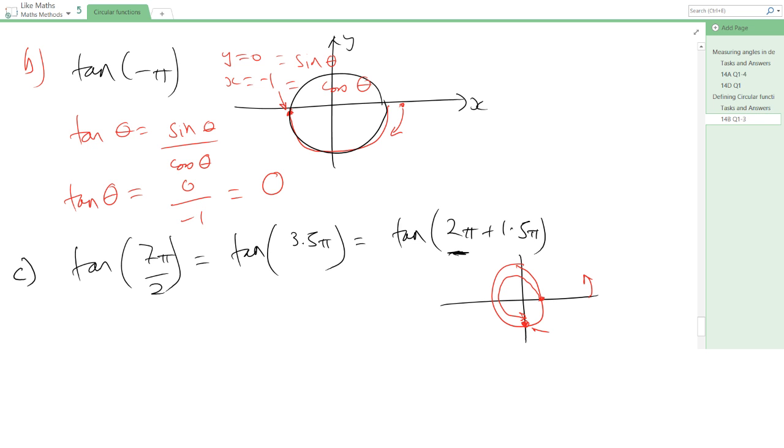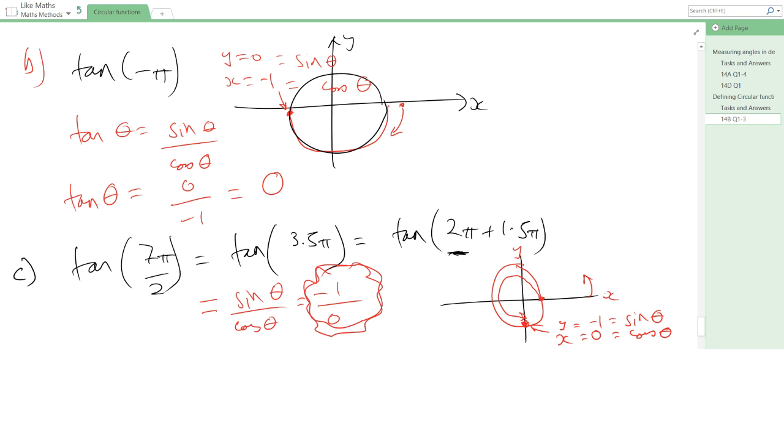So that gets us to there, where y is -1, x is 0, y is given by sine of the angle, x by cos of the angle. So in this case, tan is given by sine over cos. Sine is -1 over 0, and